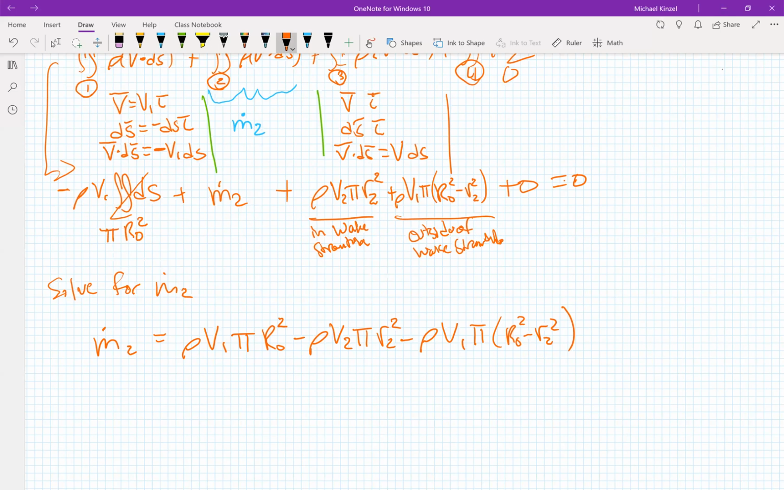What we can do is simplify. One thing you might see is that this term and this term equate, so that goes to 0. This term and this term are in addition, so we actually double that. So we end up with